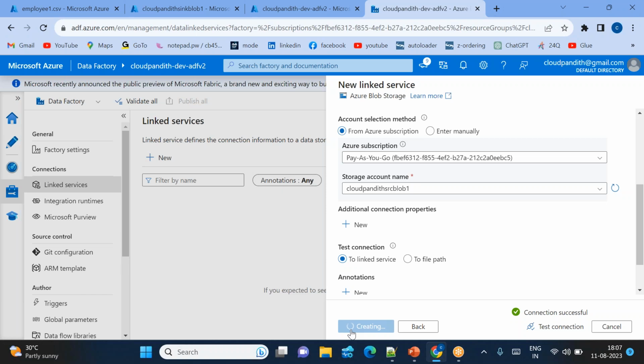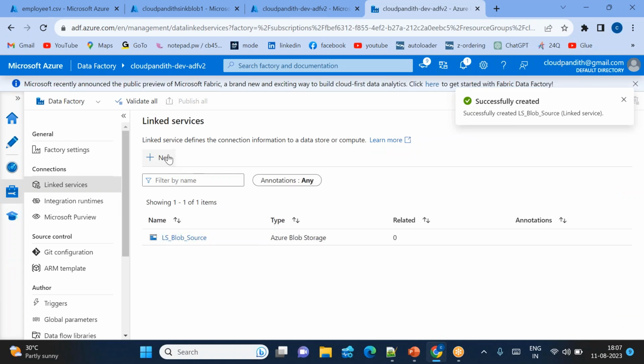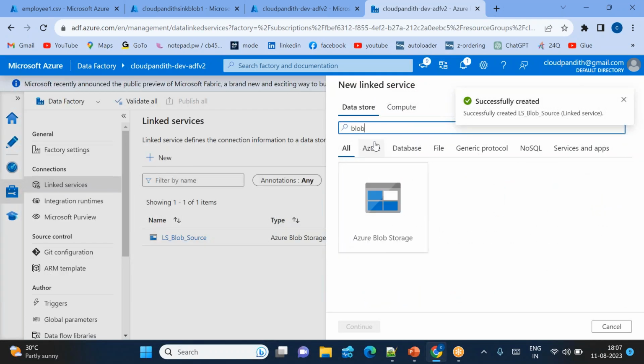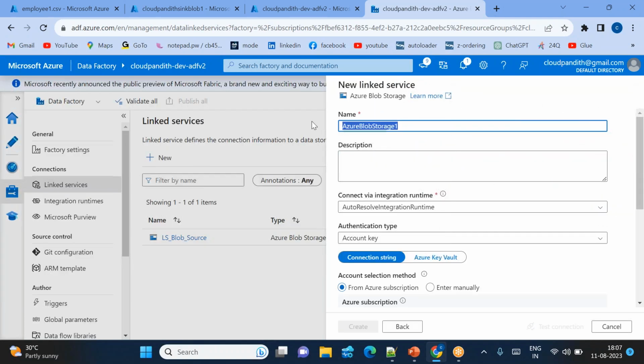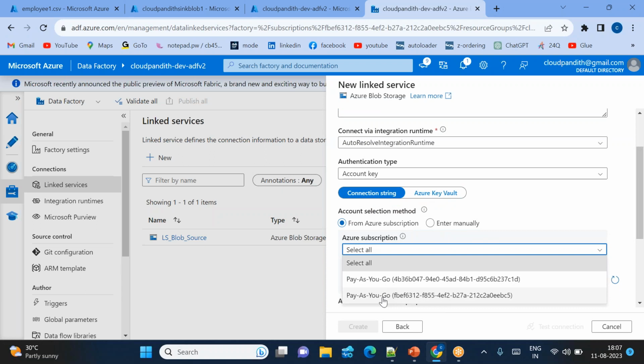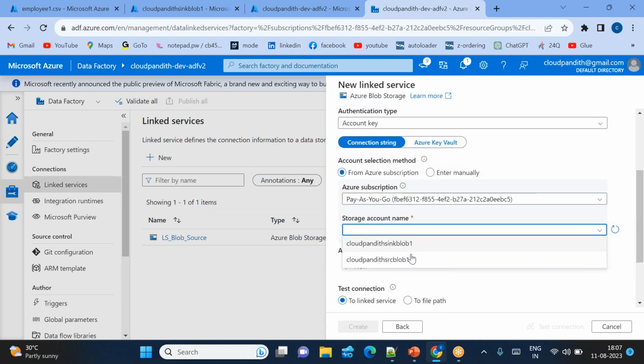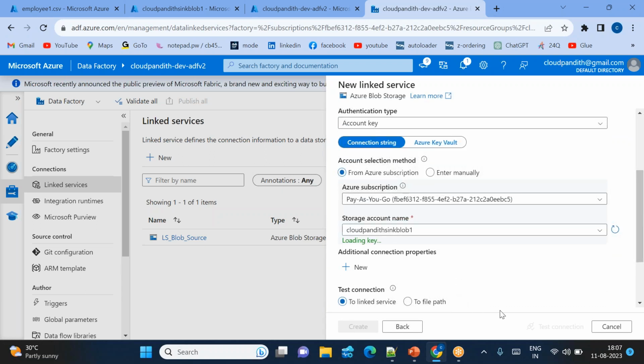Connection successful, you can create it. Similarly, click new to create one more connection for our sync, ls for blob sync. Come down, select the subscription and select the storage account name as sync blob 1, test connection,